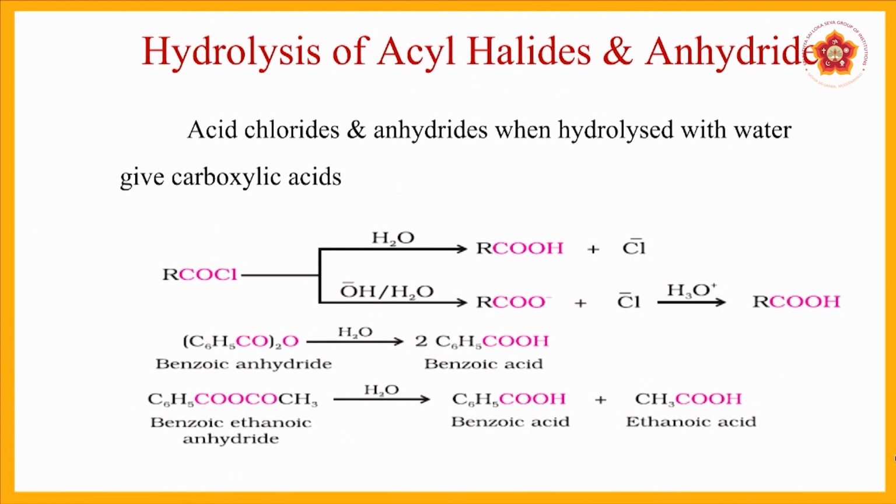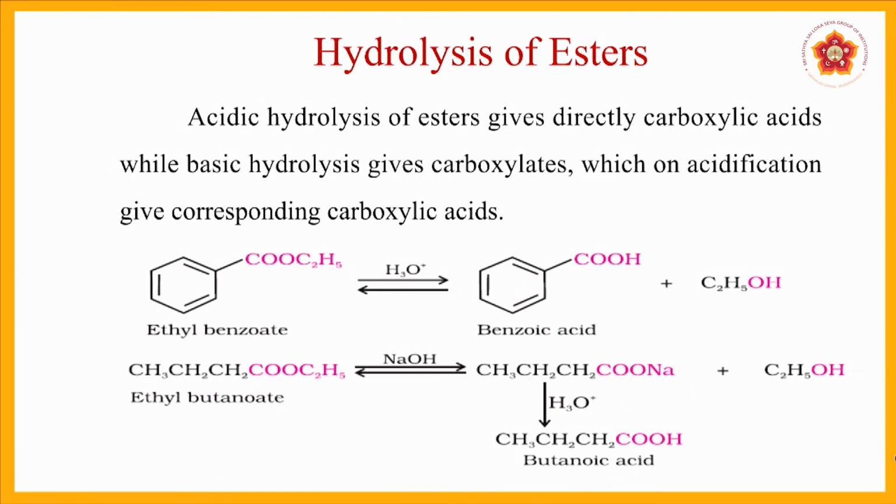We also have other anhydrides, for example a combination where on one side there is a benzene ring and on the other side the CH3 group is present. So basically what we see here is attack of water, breaking down of the compound and forming the corresponding acids. Looking into the next one now, hydrolysis of esters. Once again it just has a different heading, but the process, the system always remains the same.